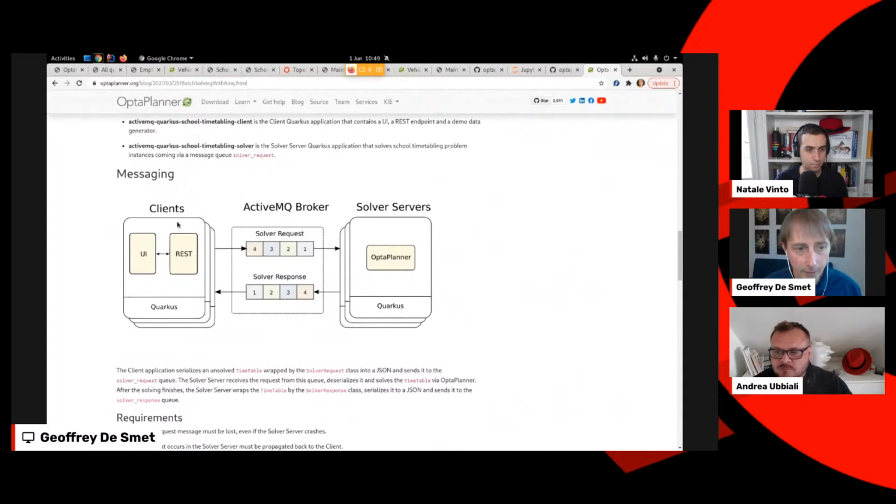Sometimes you have cases where they have hundreds or even more of these data sets. They send them into the solver, into this ActiveMQ request. And then you horizontally scale your number of solvers together with the number of things coming in. If you use the new Optaplanner operator, then we will start a pod per data set and so forth.